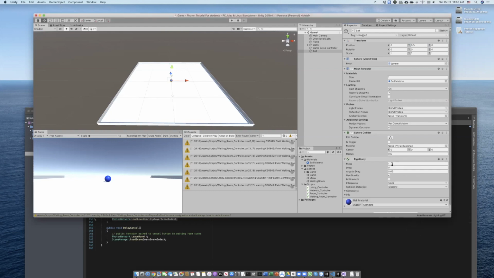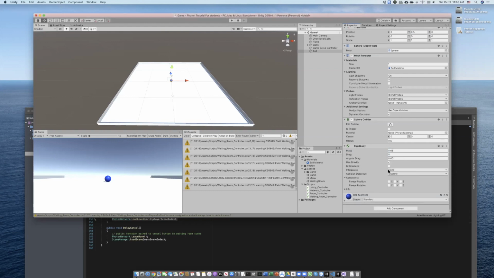And I need to change the mass, because if it is 1, and the players are also 1, the player actually cannot move the ball. So I need to change the mass, suppose like 0.05, okay, to make it a little bit easy for the players. Okay, now,